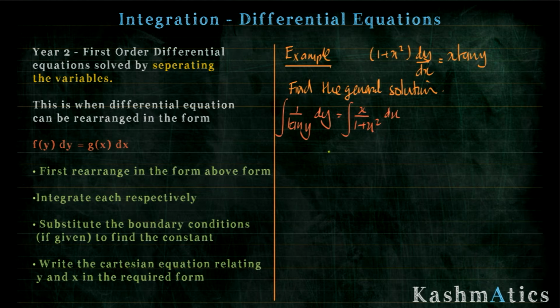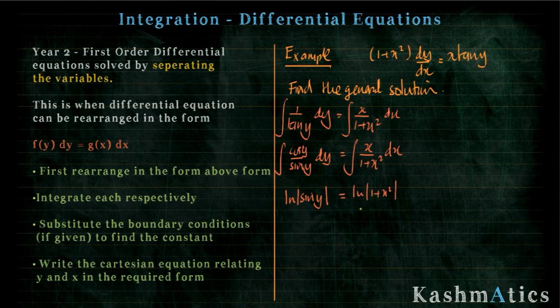Now the right hand side is fine as it is, okay, and I need to recognize that that is the derivative over the function, so I need to use a natural log to integrate that. The left hand side is also derivative of a function because this is cos y over sine y dy. So for both of these sides I've got the reverse chain rule going on. Okay, it's derivative over function. So this becomes ln sine y, and this becomes ln 1 plus x squared, but I need to make sure I divide by 2